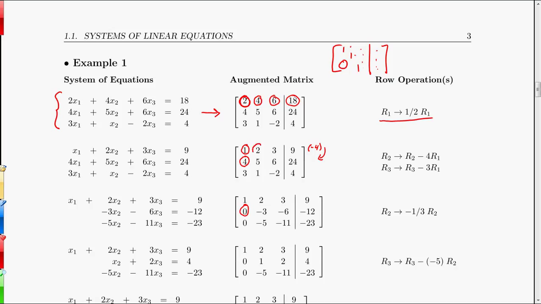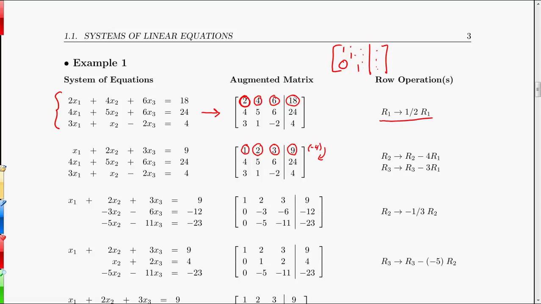So if I take 2, multiply it by -4, I get -8, plus 5 gives me -3. 3 times -4 is -12, plus 6 is -6. And then 9 times -4 is -36, plus 24 is -12. Right? So in getting this 0, I've changed the entire second row. So I got my 0, but it changes the whole second row. Okay, so I'm going to go back up to this